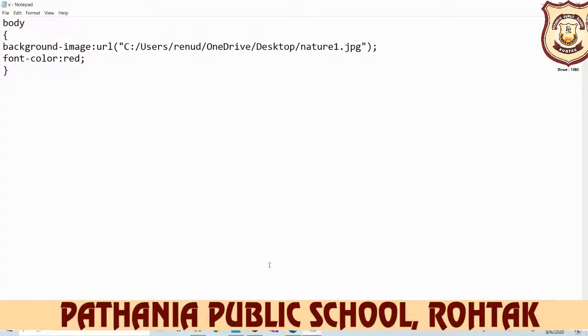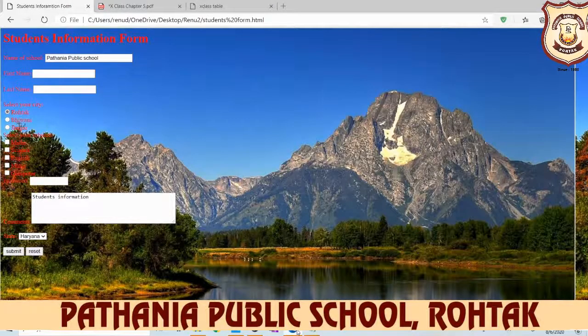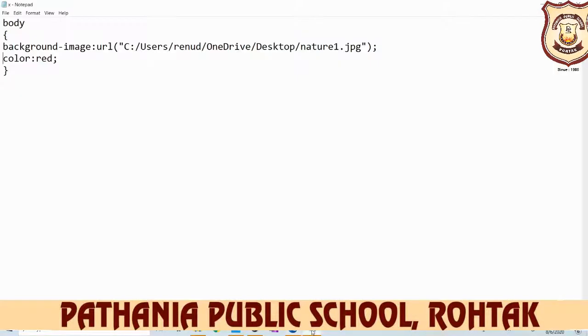Okay, again open it, just write down color, again save this, open your browser, refresh it here. So you see your change, your text color is red. Not so good, na. So we change it to green color. So instead of red you write down here green. You can write down the color code also. Choice is yours.